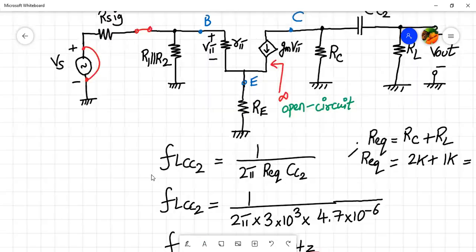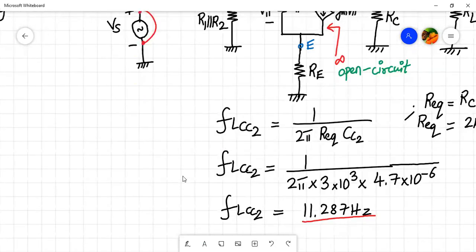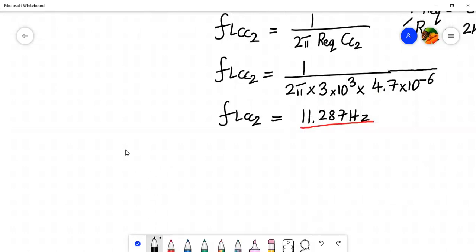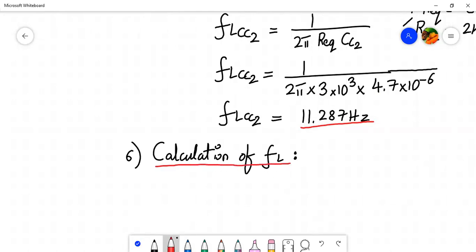So the next step, this was step number 5. So next is step number 6. In step number 6, we have to do the calculation of the lower cutoff frequency FL. Okay, so how do we get the lower cutoff frequency? So FL will be the maximum of